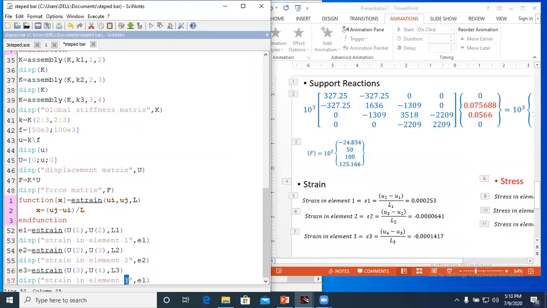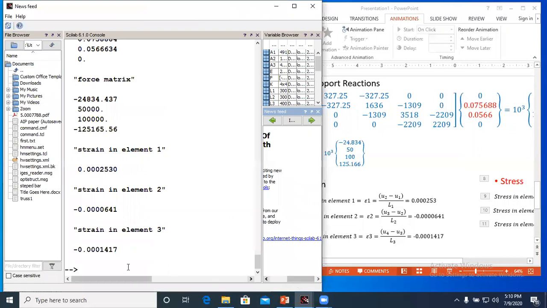Here this is the strain in element number 3. Okay. Now again you execute and you see the strains in all elements. Now see this, strain in element number 1 is this one, strain in element number 2 is this one, and strain in element number 3 is this one. Okay. Now these are matching with these results.